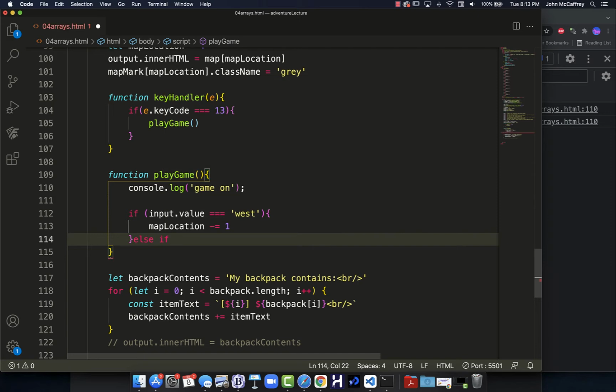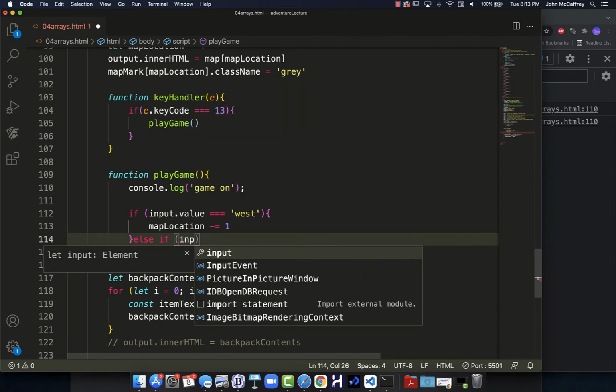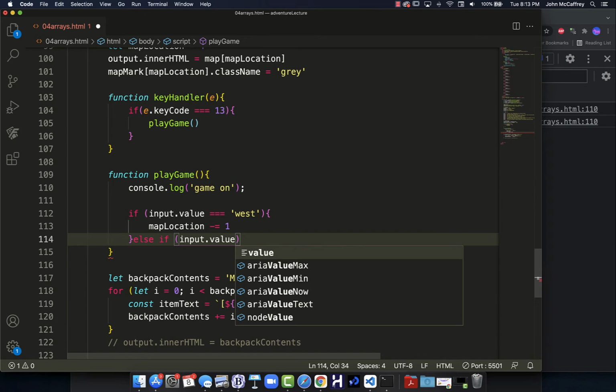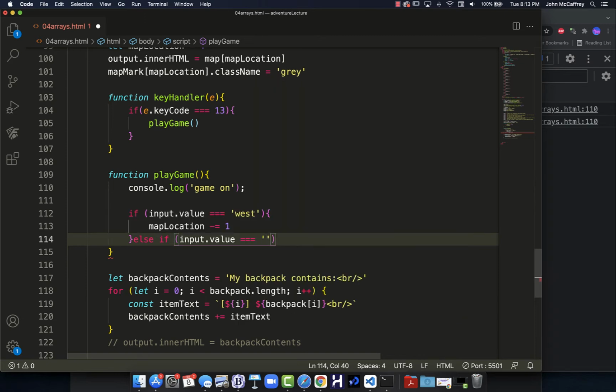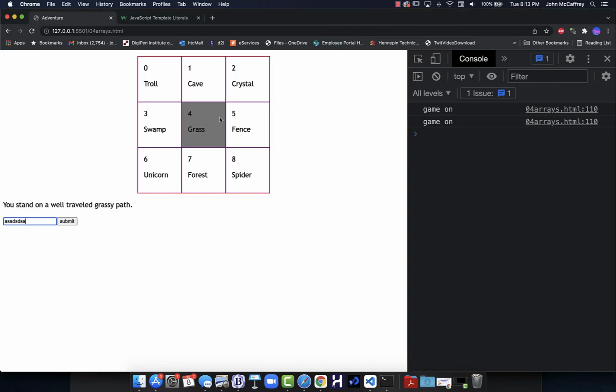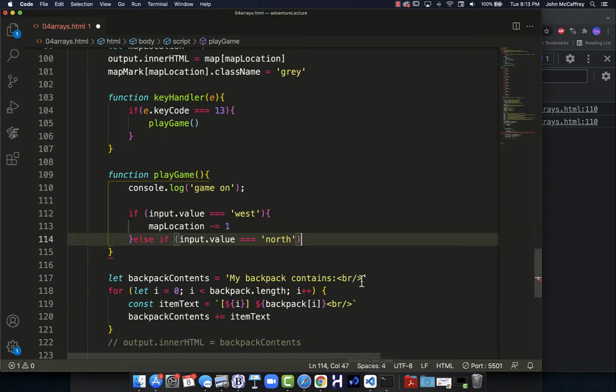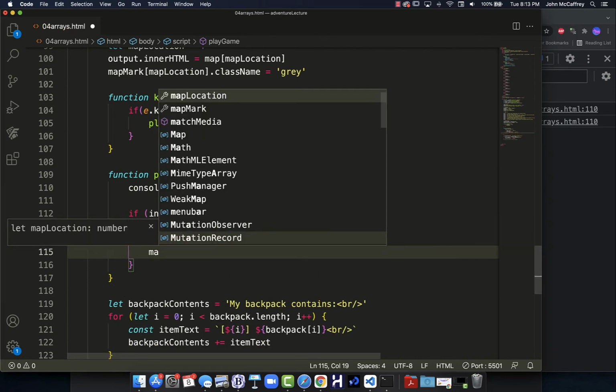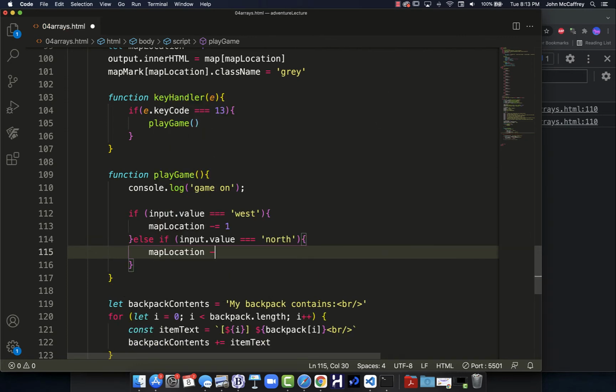Else, if input dot value is triple equal to north, well, with that we want to go up. So if we look here, 4 becomes 1, so that's taken away 3. 5 becomes 2, that's taken away 3. 3 becomes 0, taken away 3. So that tells us that if the input value is north, then map location is minus equal 3. So we're taking 3 from whatever the current location was when we go north. Else, if